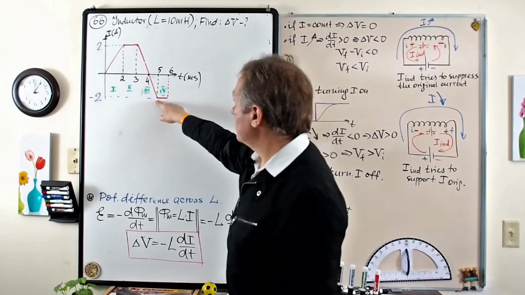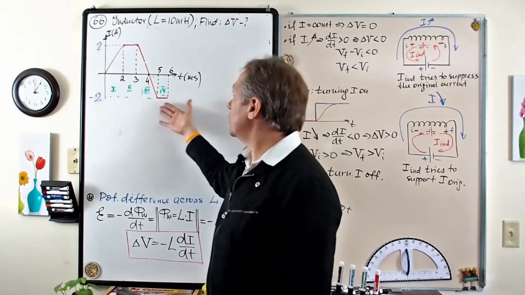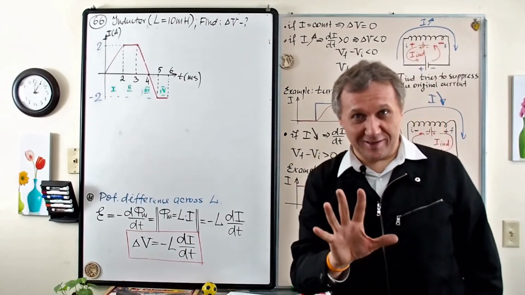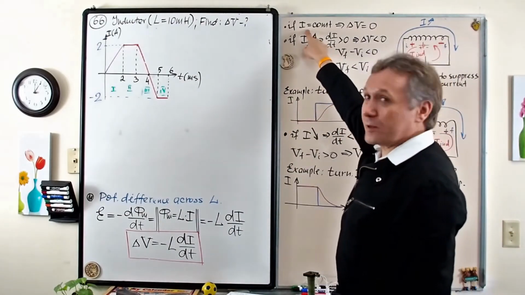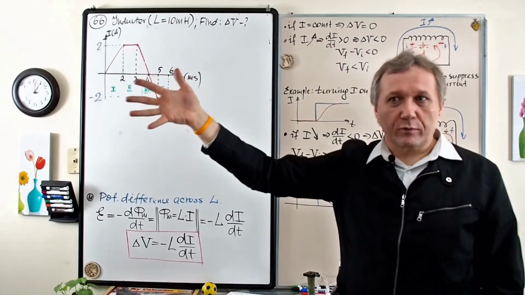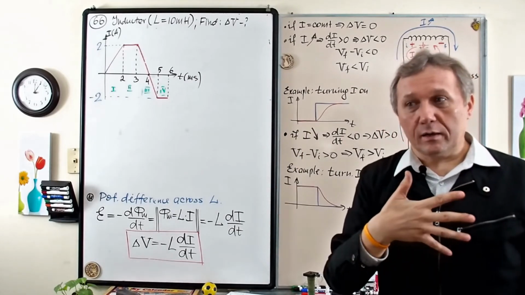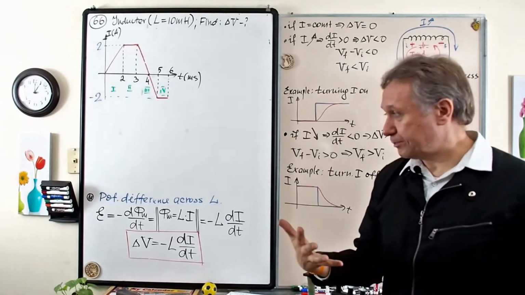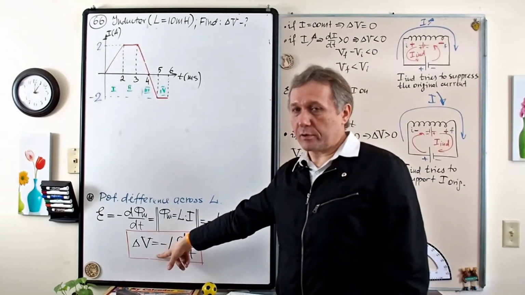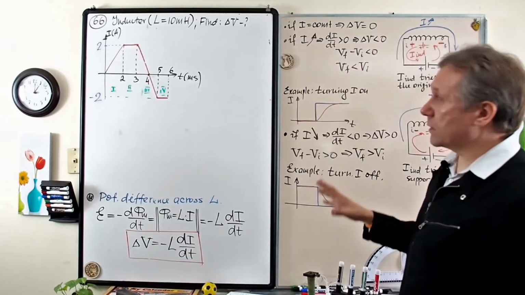And for the last one, current doesn't change, although it's not small. 2 amps of current, but who cares? Solenoid doesn't care. If current is constant, it doesn't matter, it can be huge. You can have 100 amps of current, but if current is not changing in time, potential difference across the solenoid is not going to be produced. Okay, so that's conceptually, and now let's calculate